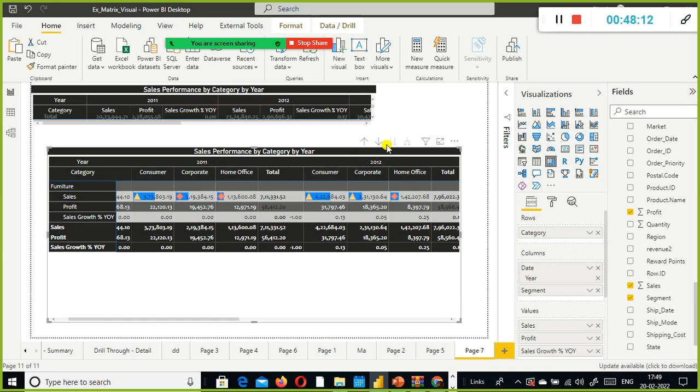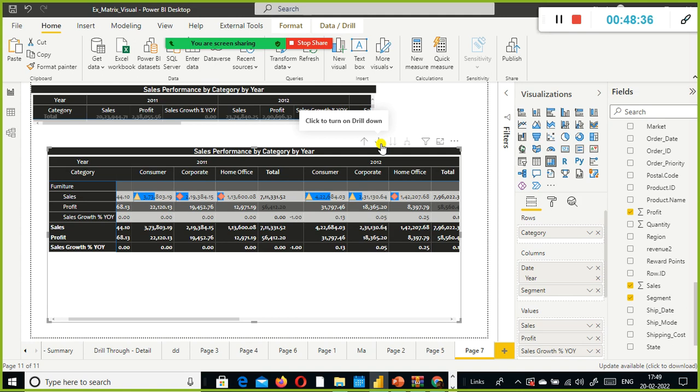Okay, next we'll quickly explore what these icons are all about, and how they are helpful in terms of drilling down and drilling up. If you see here, this is the down arrow, a single down arrow.